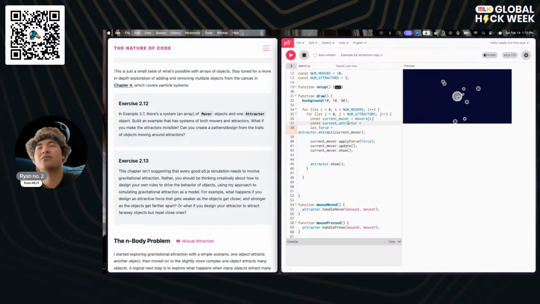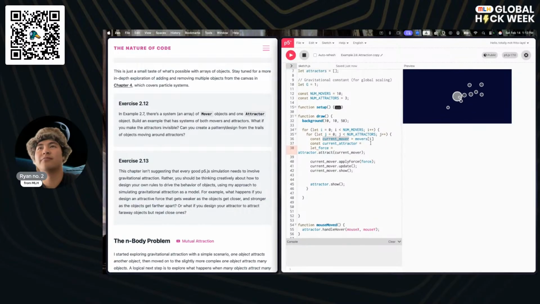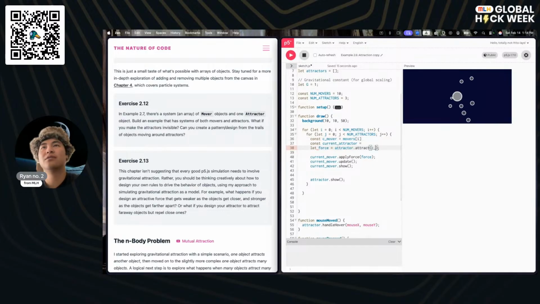Current attractor. This is honestly too big of a thing. I think it's just too wide. So we're going to do this to C mover. And then we're going to do the same thing with C attractor.